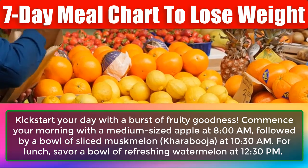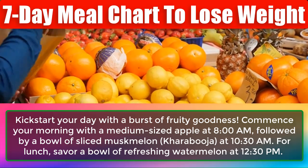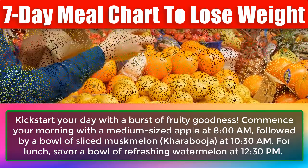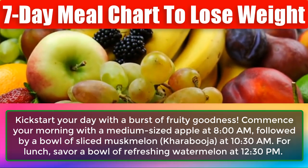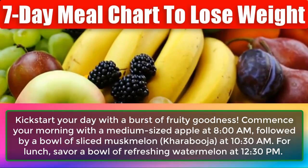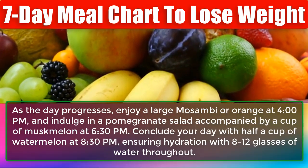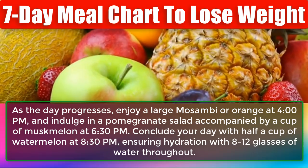Kickstart your day with a burst of fruity goodness. Commence your morning with a medium-sized apple at 8 a.m., followed by a bowl of sliced muskmelon, karabuja, at 10:30 a.m. For lunch, savor a bowl of refreshing watermelon at 12:30 p.m. As the day progresses, enjoy a large mozambique or orange at 4 p.m., and indulge in a pomegranate salad accompanied